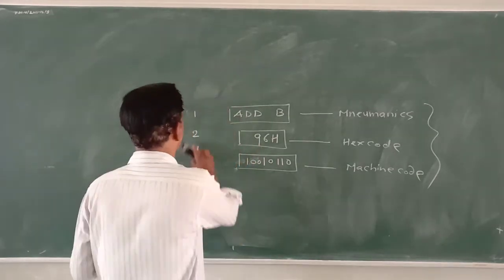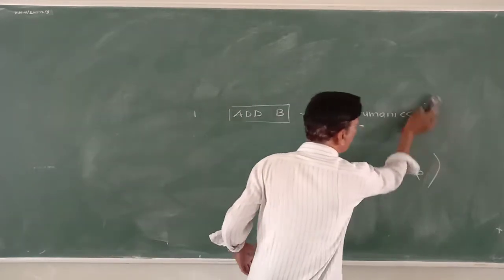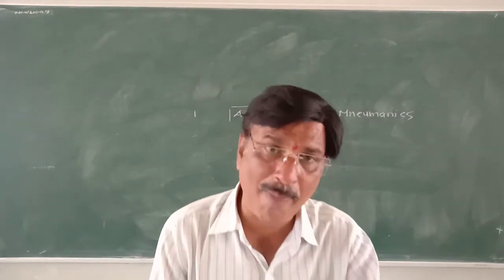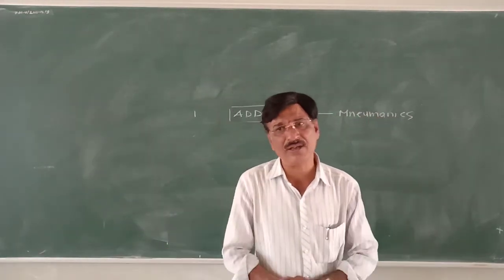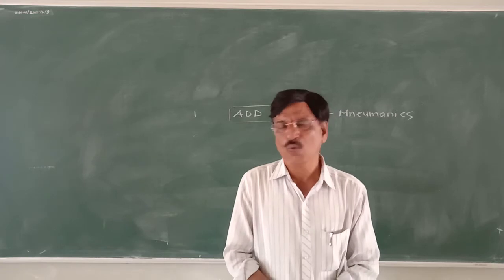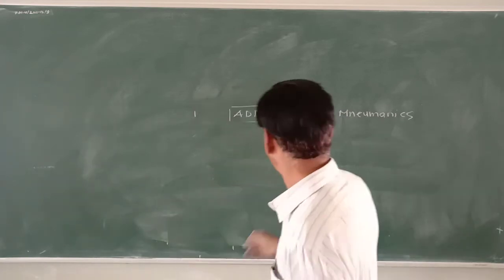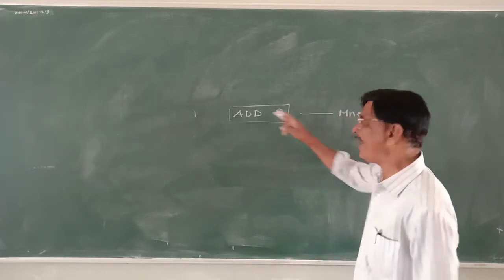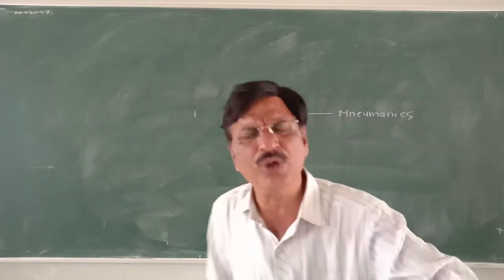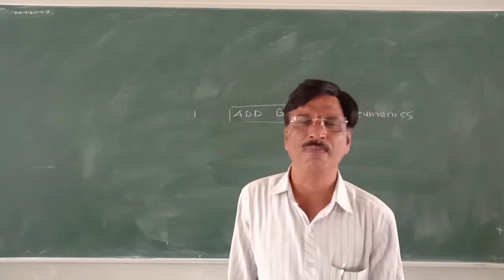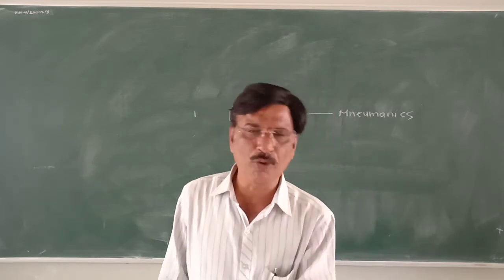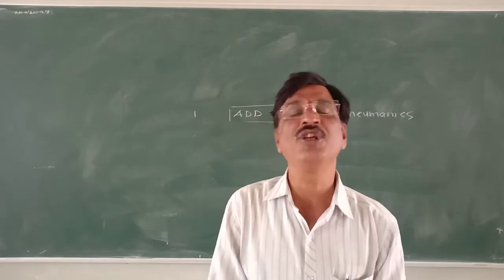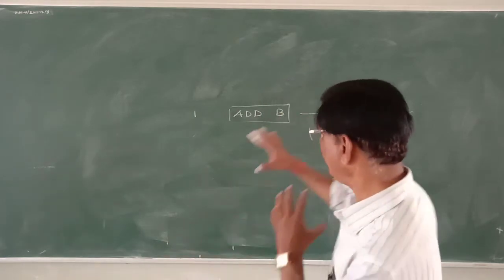Definitely if we learn in the form of mnemonics, that will be better. And for the problem that the microprocessor can understand only 1 and 0, we will do one thing. We will learn all the instructions in the form of mnemonics, and when the time comes to give the instruction to the microprocessor, we will convert every mnemonic into 1 and 0s. That is called machine code. That we are going to see.